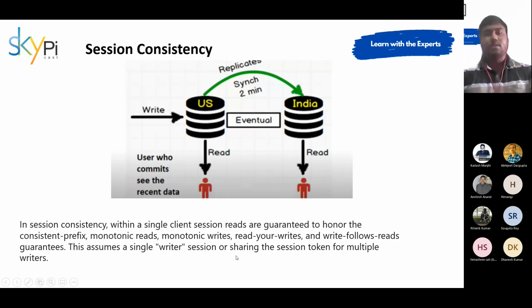This assumes a single writer session or sharing the session token for multiple writers. What we get with session consistency is that the order of the data is the same. Like the data will be in the same order as it is written. And the key point of session consistency is, let's say there are two databases as per our diagram